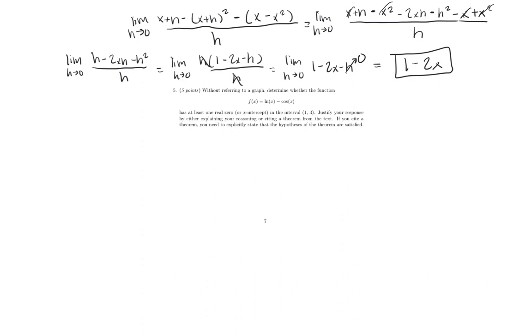All right, so number 5, it says without referring to a graph, determine whether the function f of x equals natural log of x minus cosine of x has at least one real 0 in the interval 1 to 3. All right, so if we think about the intermediate value theorem, or the IVT, we remember that if we have a function that's defined from a to b,